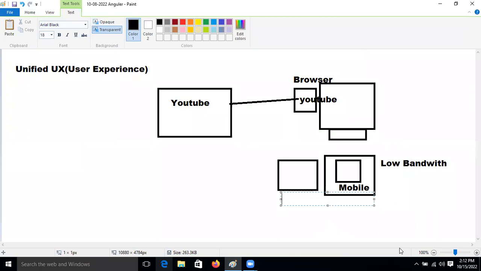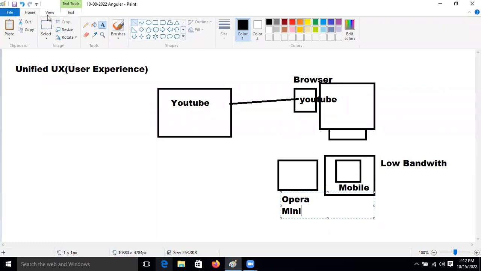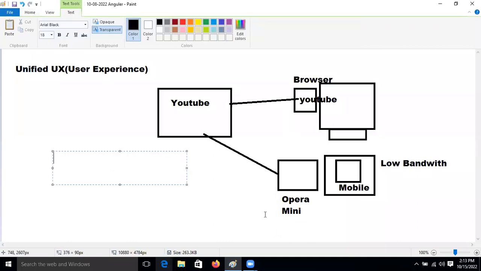In Opera Mini some functions were there, and then we could access YouTube. I don't know if people remember, whenever we used Opera Mini and opened YouTube, at that time it opened like m.youtube.